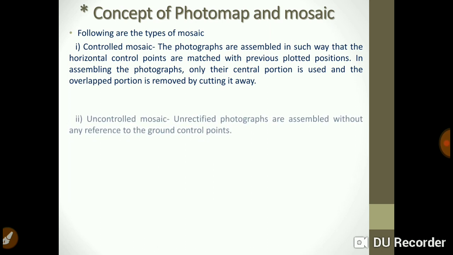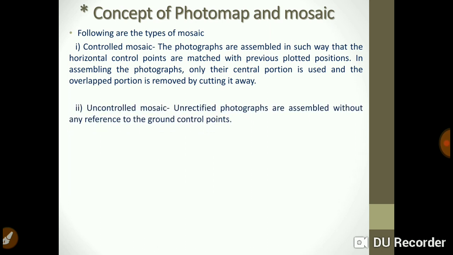The next type is the uncontrolled mosaic. Definitely here there is no matter of ground control points. Unrectified photographs are assembled without any reference to ground control points. This is very important: without any reference to the ground control points, those are the uncontrolled mosaics.